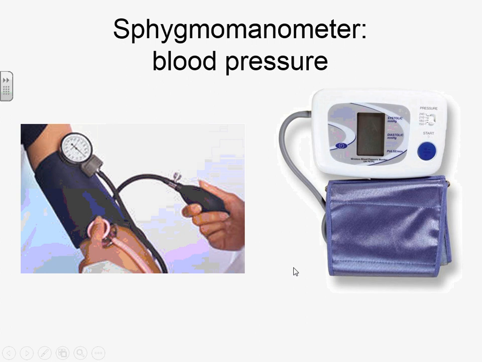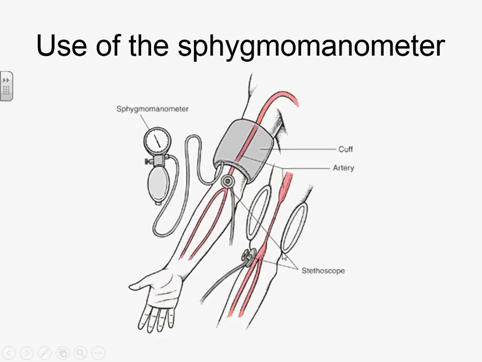Blood pressure measured using a sphygmomanometer. And we've got a couple at the back, so you can have a go at your blood pressure later on this morning if you feel like it. Wait till you're really relaxed. Blood pressure works by inflating a cuff around your upper arm so that it cuts off the blood supply into your lower arm. So that's why it hurts.